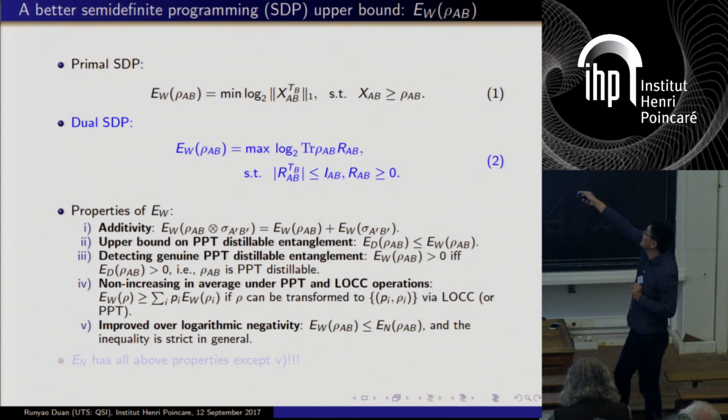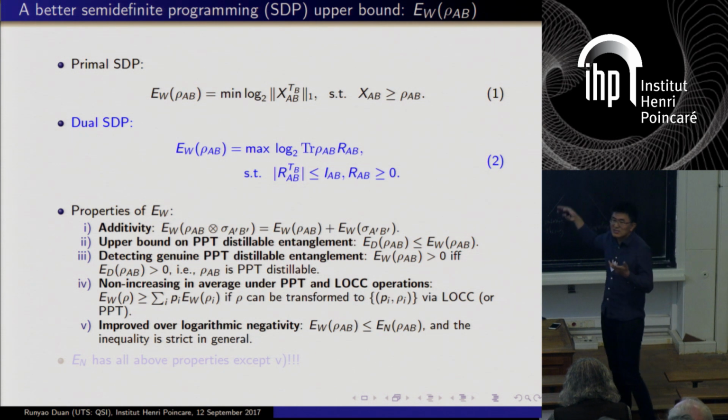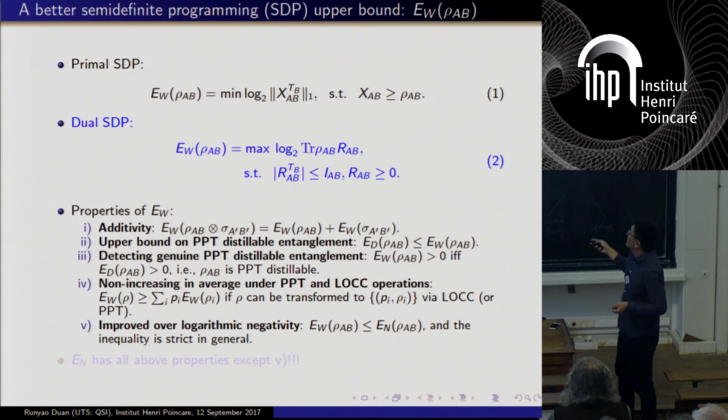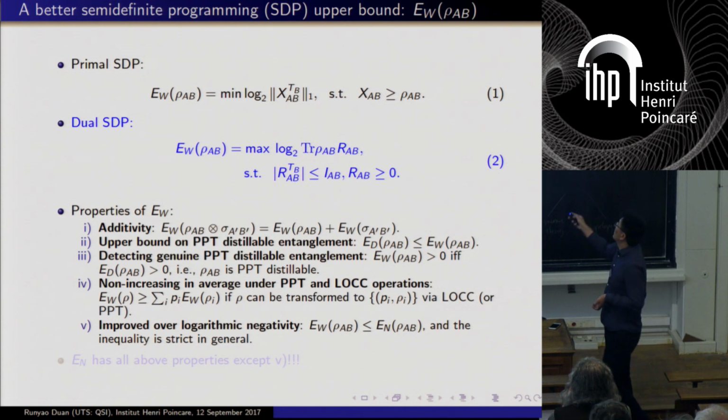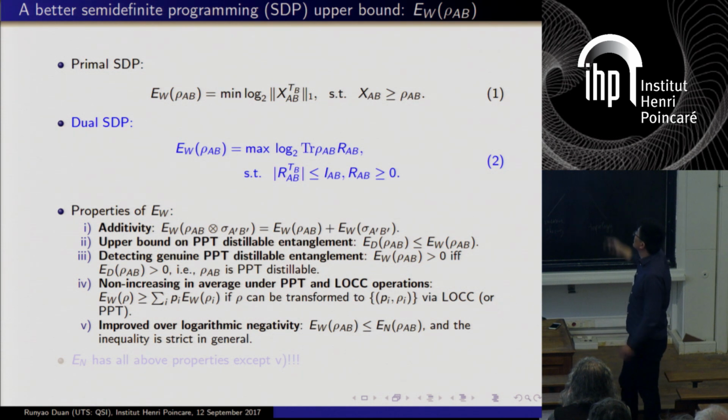And then it's also detecting PPT distillable entanglement. So this EW is positive if and only if ED is positive. Okay, and it also has the property that it's non-increasing on average under PPT operations, and of course also under LOCC operations. And